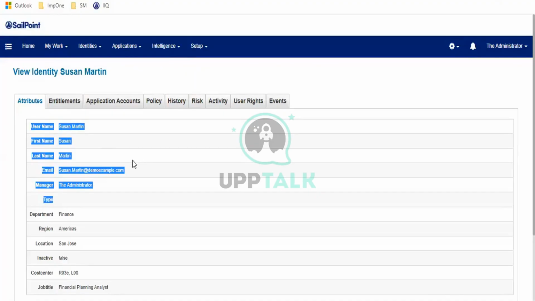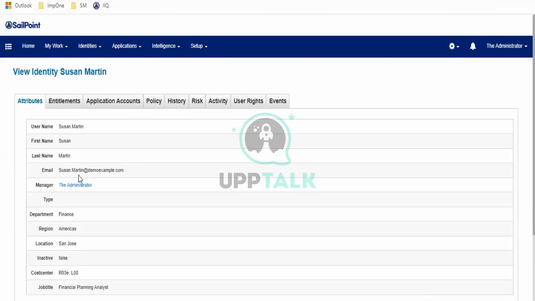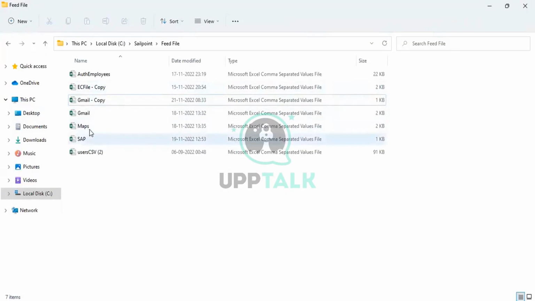What can we do with attributes? We can store all the identity details. Is it clear? It's quite simple. First name, last name, whatever columns you see in the identity, those are called identity attributes.